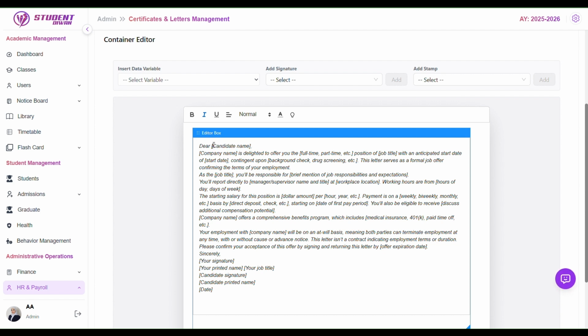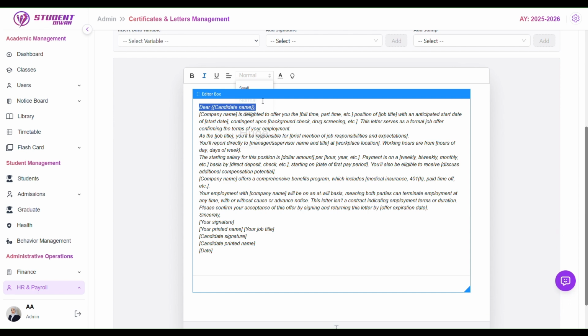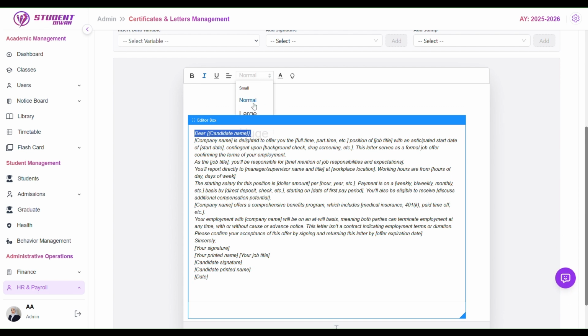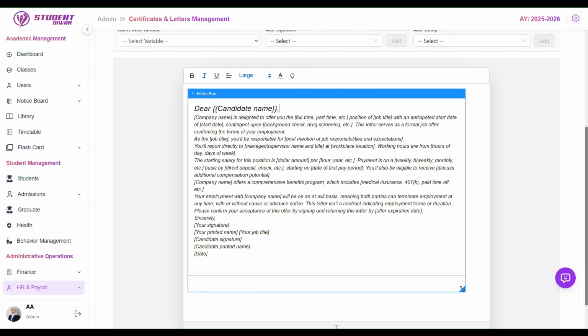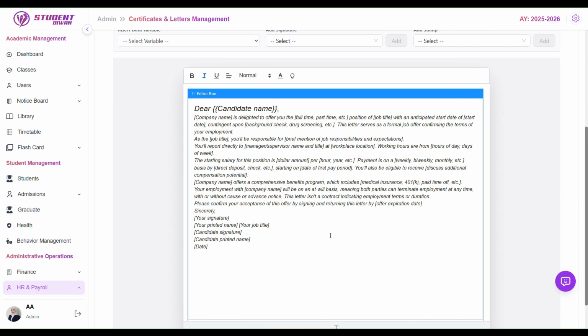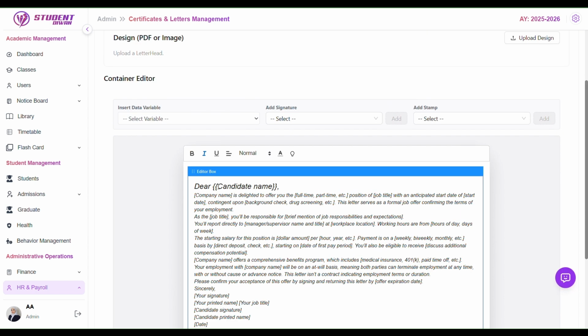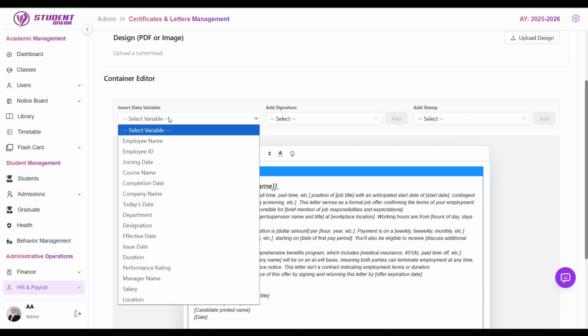Now, to add this variable name, you have to keep it under the double curly braces like this. I will increase the size so you can see. Here you have to put the name in these curly braces to see the name. Now here you can use some of the already used variables